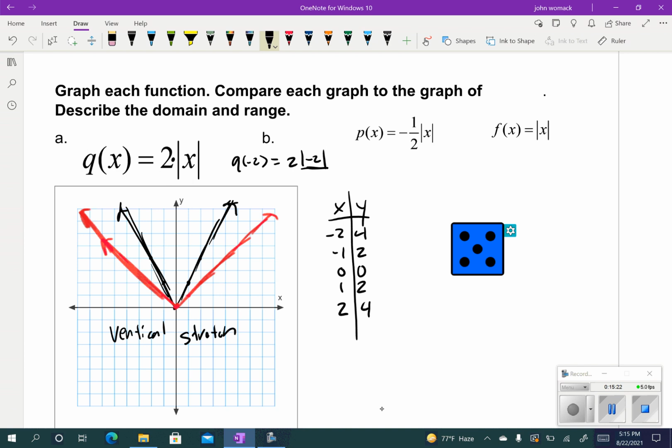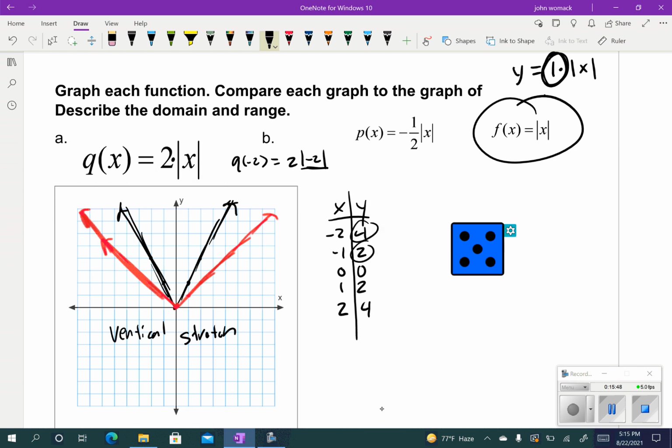So what you're saying is you're taking the graph, and if you picture grabbing the top of the graph and just stretching it up, it's going to make it steeper. So a vertical stretch. Well, think of the parent graph. If there's nothing in front of it, it really has a 1 there. It's 1 times the absolute value of x. Well, if I multiply it by a number bigger than 1, all it does is multiply all these y